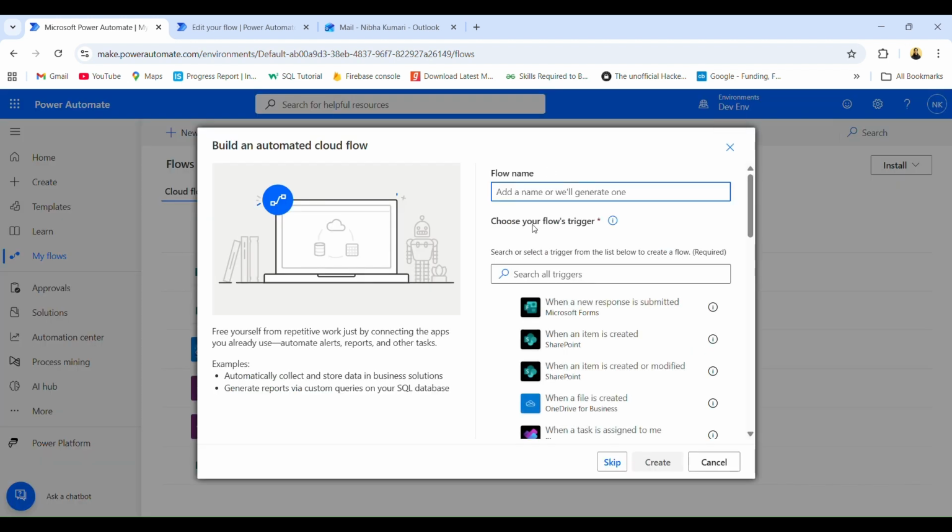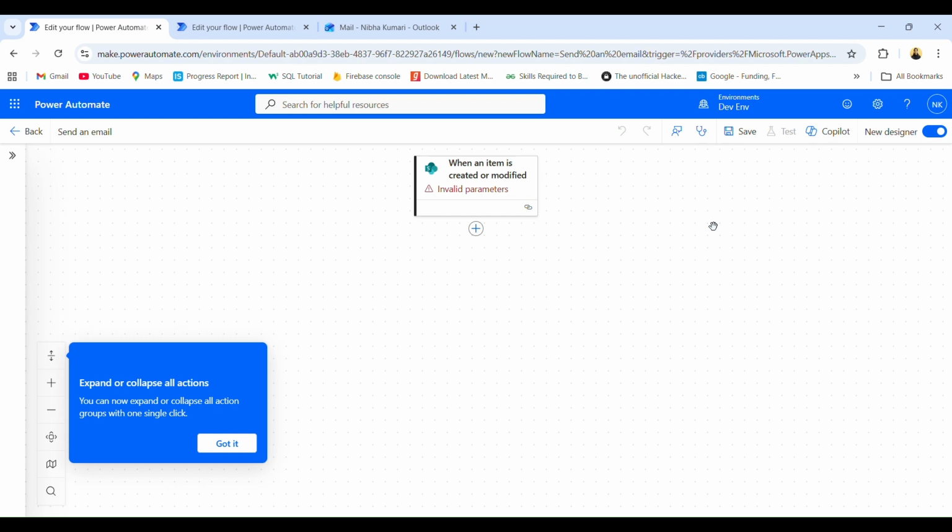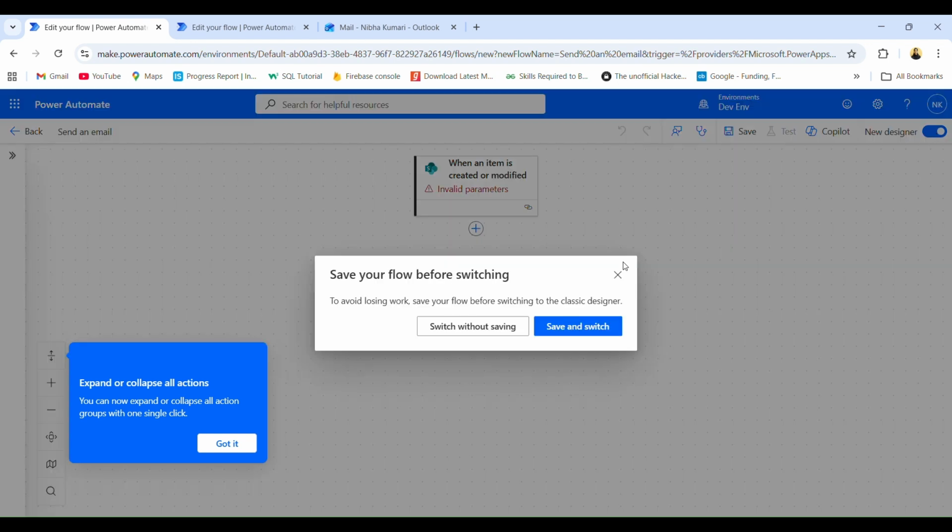Here you have to specify the name of your flow. So I'm just going to call it Send an Email, and the trigger is when an item is created in SharePoint. So this is one of the triggers for SharePoint. Just click on it, click on Create. Here, by default, you may be navigated to this new designer. So just uncheck this option, click on Switch without saving,